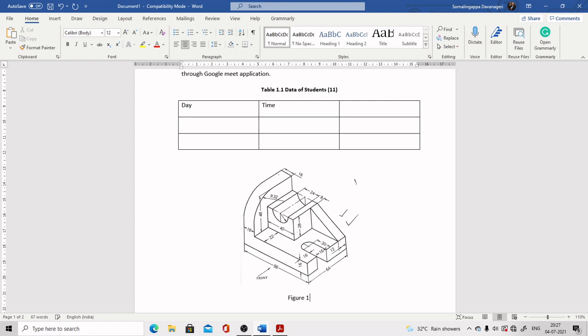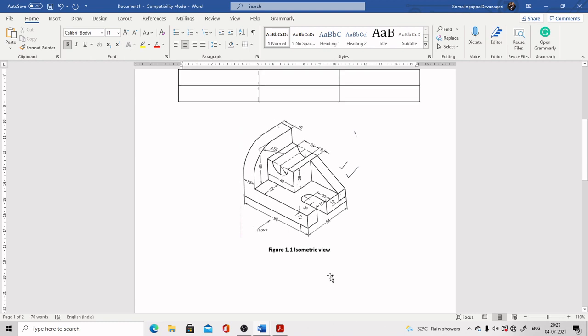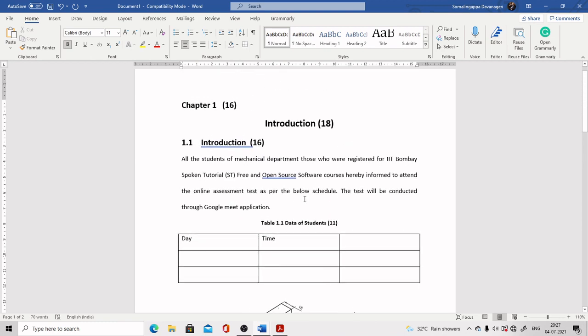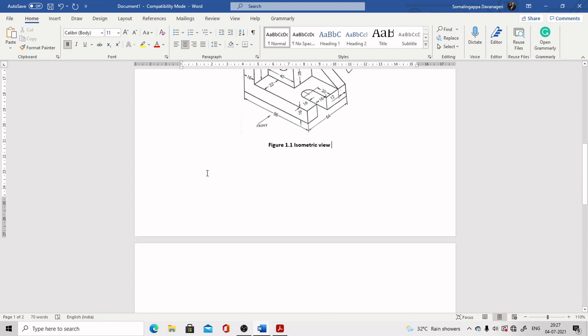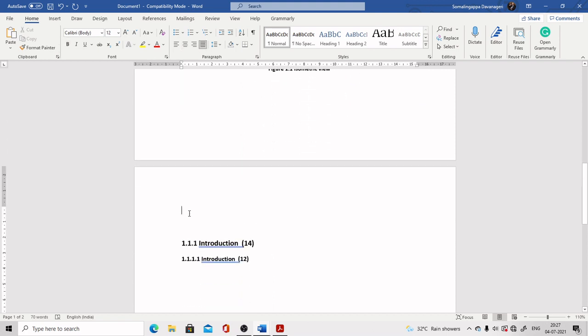Okay, so figure 1.1 isometric view. Now font size has to be 11, okay, and bold, and it has to be in the middle. Okay. Now this is how we can prepare the content.